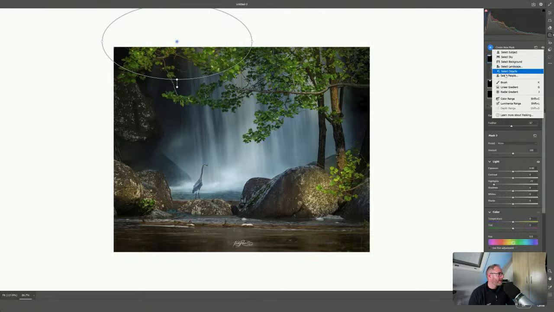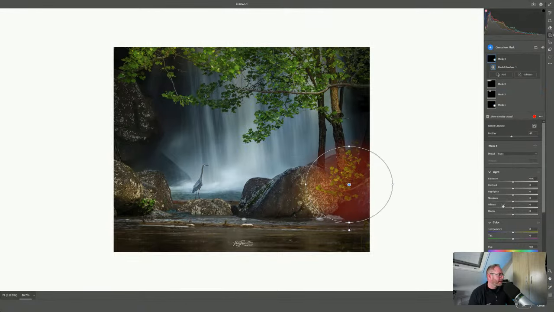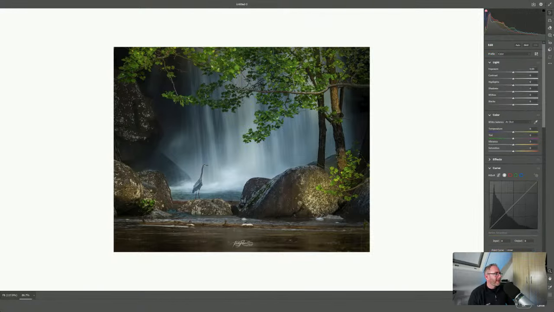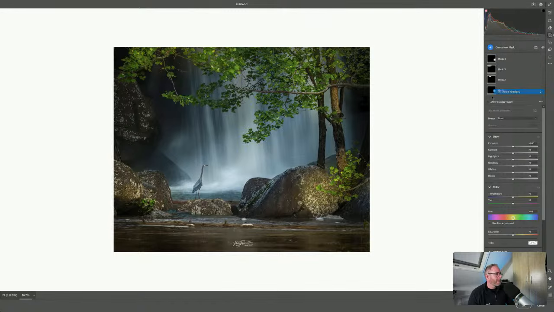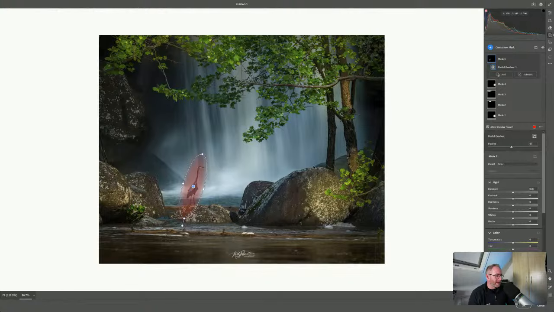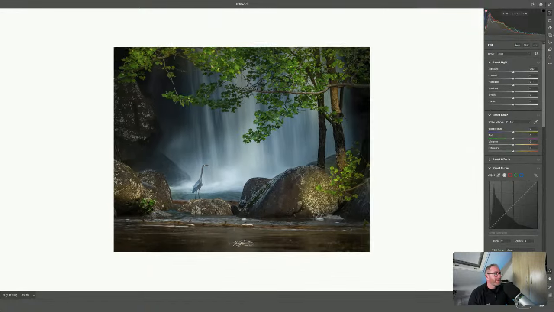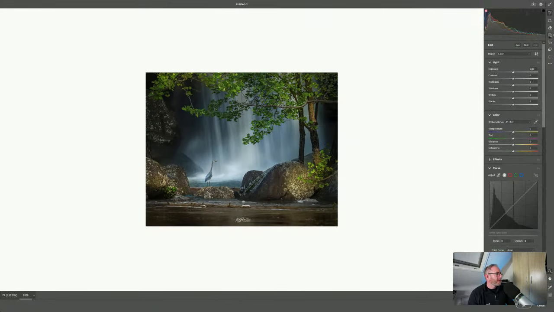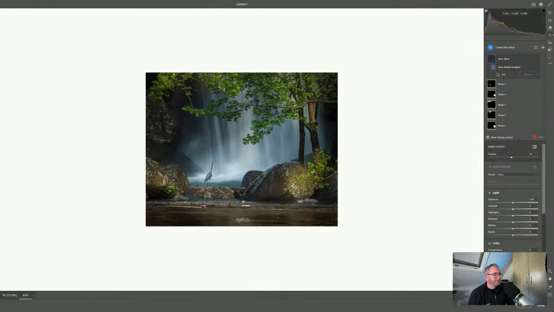But this is still, the more I look at it, the more I can't unsee. So maybe even the exposure, because we'll put a vignette on it in a second as well. Then, again, very roughly here, is there a gradient that will work? Obviously the bird might be brighter, so you might want to mask out the bird here as opposed to what I'm doing, which is going to affect the waterfall behind it as well. Maybe something a bit more like that. It's a bit heavy-handed. That to me is getting there, and then maybe a vignette around the bird and the waterfall, which is the